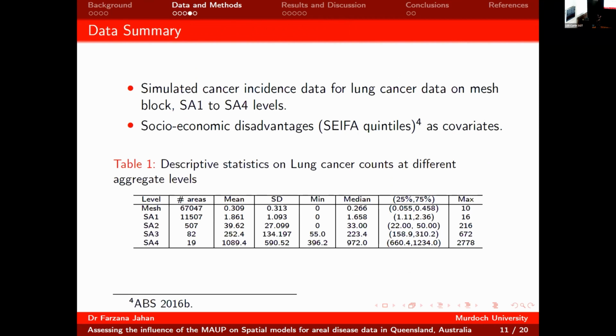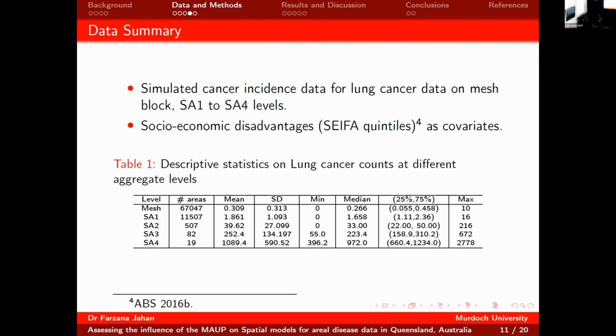So this descriptive table just gives us an overview of the exploratory data analysis that we just saw. So in whole of Queensland, you have over 67,000 mesh blocks. So mesh block is the lowest level of small area aggregation by ABS. After mesh block, you could get SA1 level data. Then if you aggregate up, there are SA2, SA3, and SA4. These are the different number of areas, and you could see the descriptives for lung cancer